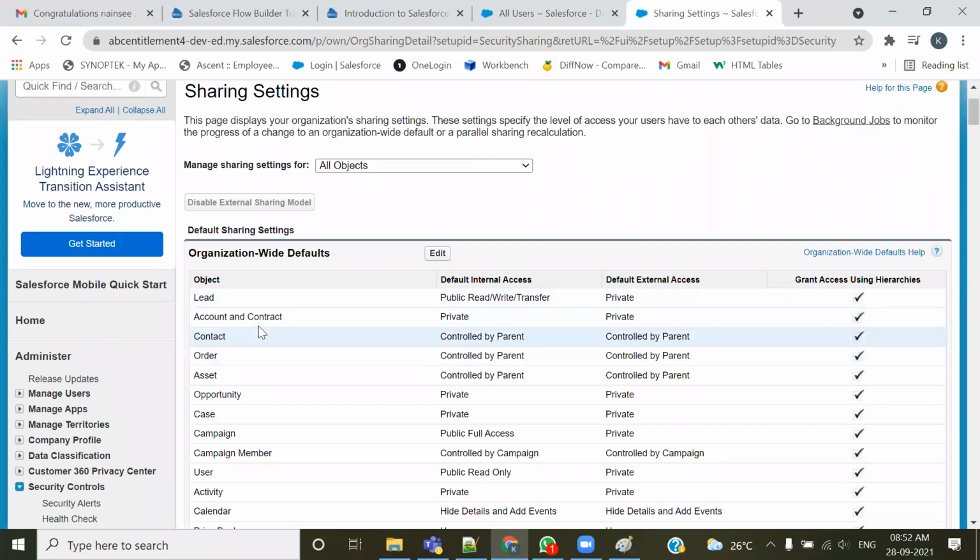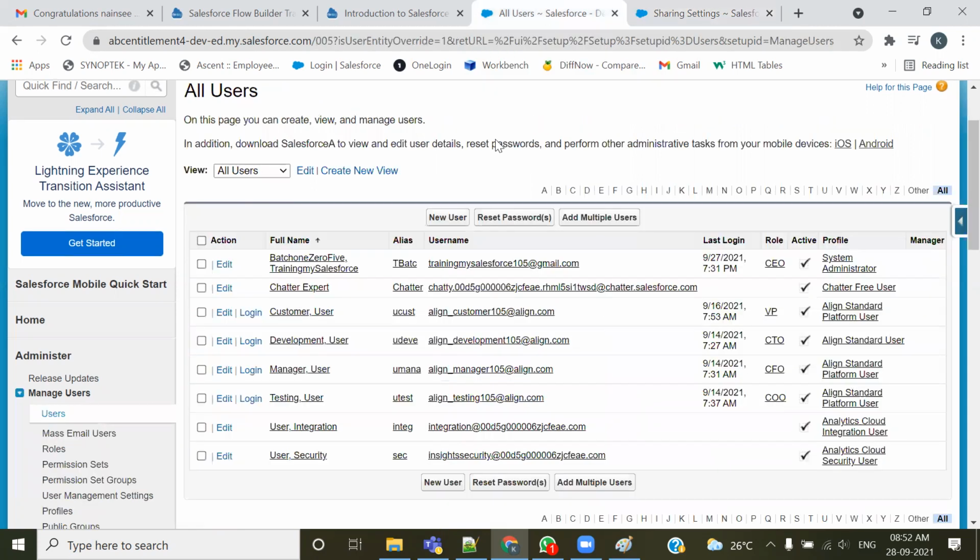And now see the option. अकाउंट को मैंने प्राइवेट कर दिया है, उसकी वजह से अपॉर्चुनिटी और केस ऑटोमेटिकली प्राइवेट हो गए. ये मैंने नहीं किया, ये डिफॉल्ट बिहेवियर है. ठीक है, ये डिफॉल्ट बिहेवियर. अब अकाउंट ऑब्जेक्ट की OWD जो है वो प्राइवेट हो चुकी है. अब मैं सेम प्रोसेस रिपीट करता हूँ जो